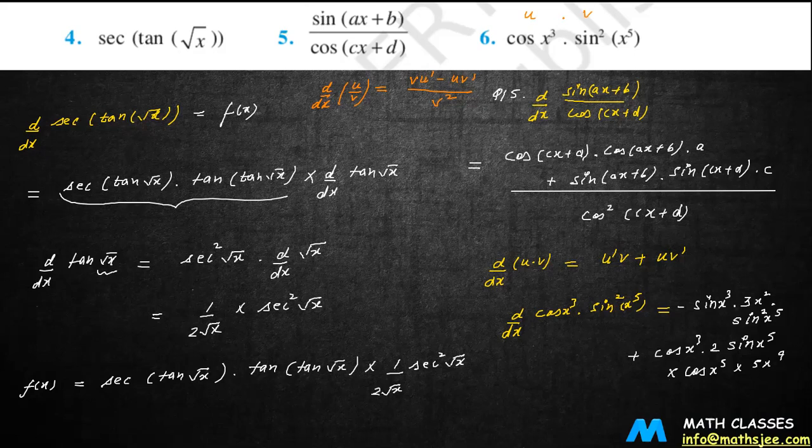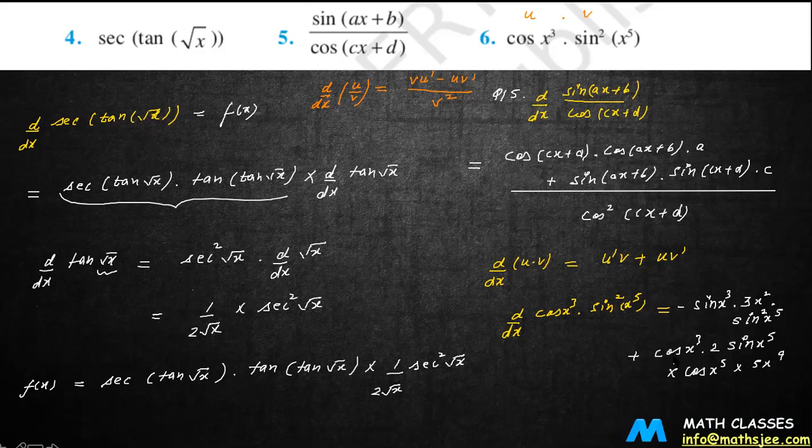Right? That is basically the chain rule that you would be getting here also. And I expect that you can write this answer in a neat format by taking something common out. For example, here we have 3x square and here we have x to the power 4, so you can take x square common, right? And then you can write down the remaining terms.